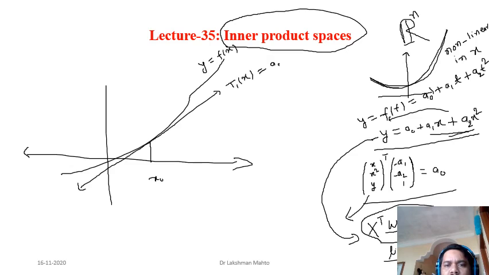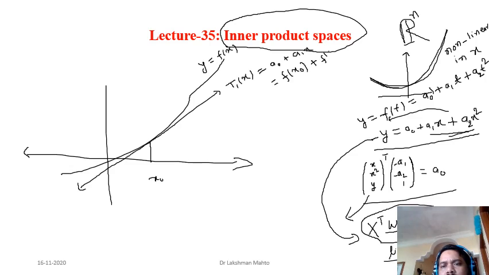So it would be something like a naught plus a1 x. If you try to recall your math from here, you will come to know what a naught is. a naught is just f of x naught. And what is a1? a1 is the slope. That means it is f dash